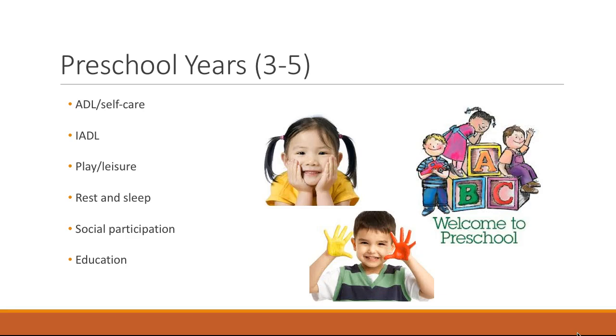In terms of social participation, by age 5, most children have made friends outside of their family and are beginning to enjoy peer relationships. These relationships serve as an opportunity to practice social and cultural norms. In addition to peer relationships, preschool-age children participate in family gatherings and outings. In regards to emotional development, preschool-age children are developing a sense of their independence, and it's important for caregivers to set and enforce limits in order to support healthy emotional development.